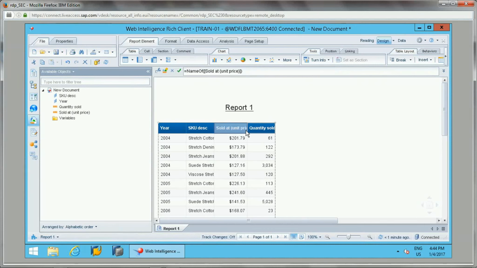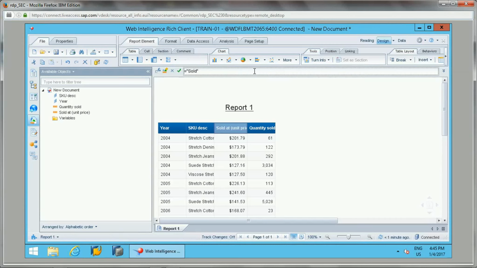So what we will do is rename this to sold at unit price, and this I will rename as quantity sold.